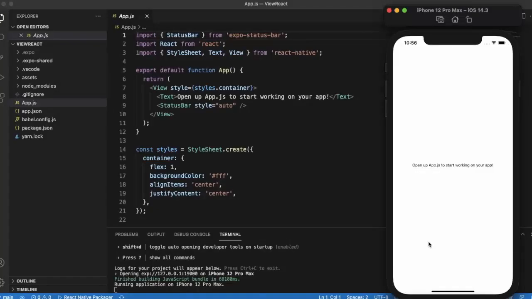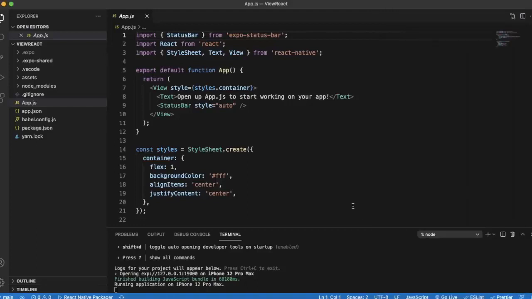You can see the text. First of all, everything in our React Native project is a component. You can use those components anywhere in your app. View is a component, text is a component, status bar is a component. We'll be talking about this view component. As you can see, these are some import statements. Whichever component you need to use in your project, first of all you need to import it before you use it.